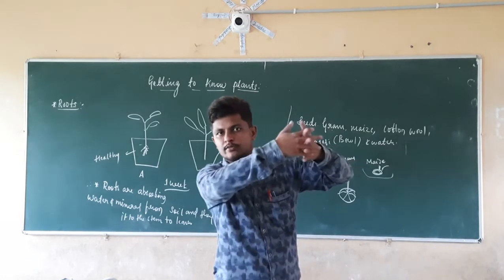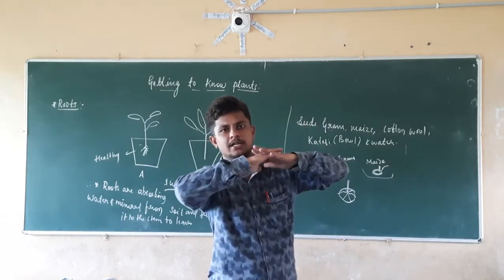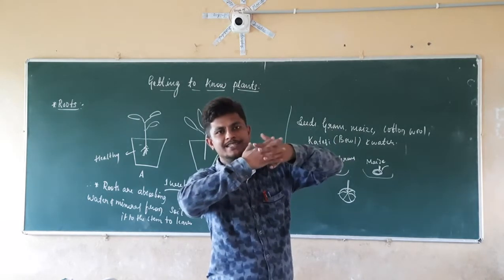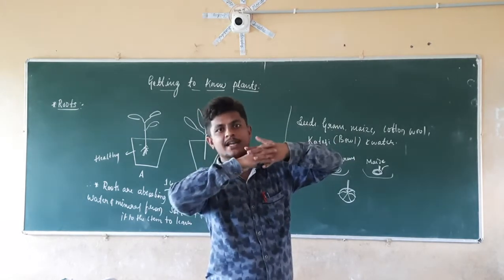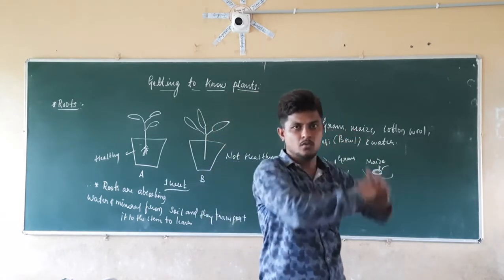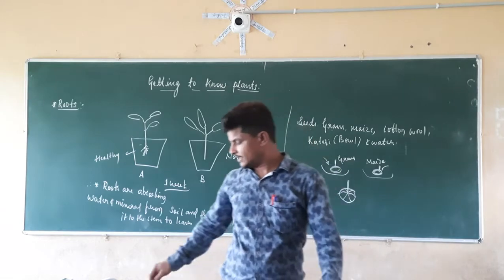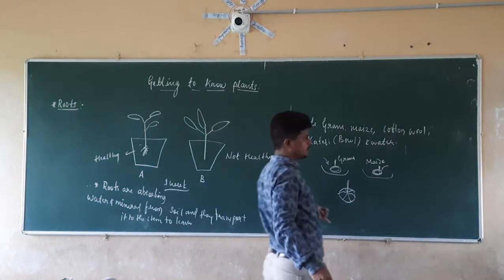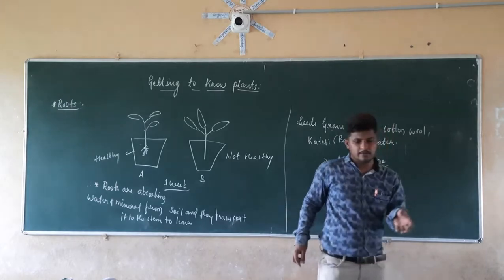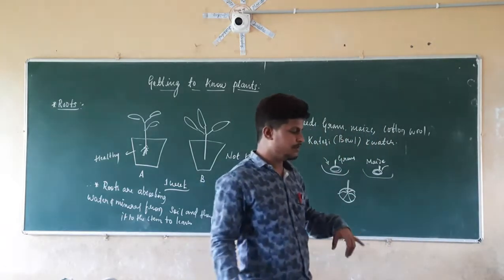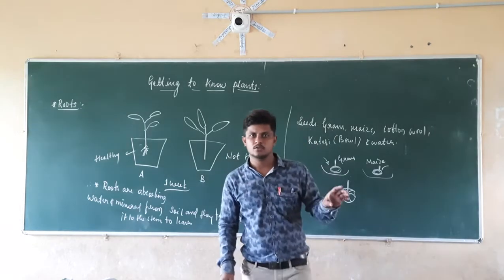So when you try to remove these things, what is going to happen here? Because of the strongness, it is not possible to remove the cotton wool easily, because the roots are interlocked with the cotton wool. So by this we can analyze another major function of the roots. That is nothing but, if we incorporate the seeds in the ground, in the soil, what will happen? There will be production of the roots.